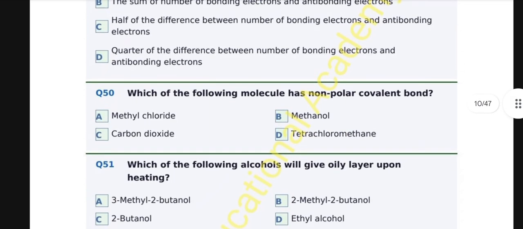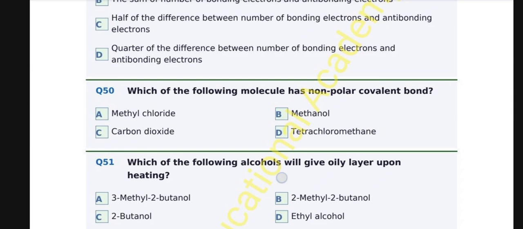Question number 50. Which of the following molecules has a non-polar covalent bond? A, methyl chloride. B, methanol. C, carbon dioxide. D,